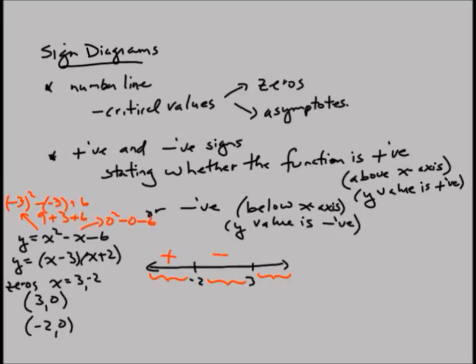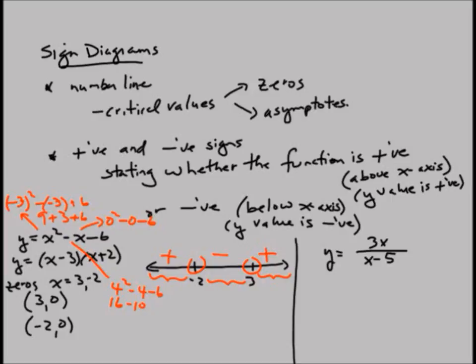That's a negative number. And something bigger than 3, let's try 4. So 4 squared, subtract 4, subtract 6: 16, subtract 10. That's a positive number as well. So that's what the sign diagram looks like. So zeros are represented on a sign diagram by these little dashes right here. If we have an asymptote on a sign diagram, so if we have a function like y equals 3x over x subtract 5,